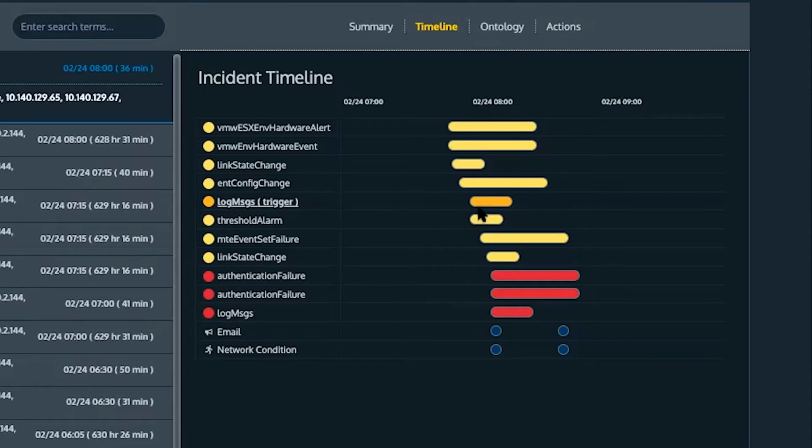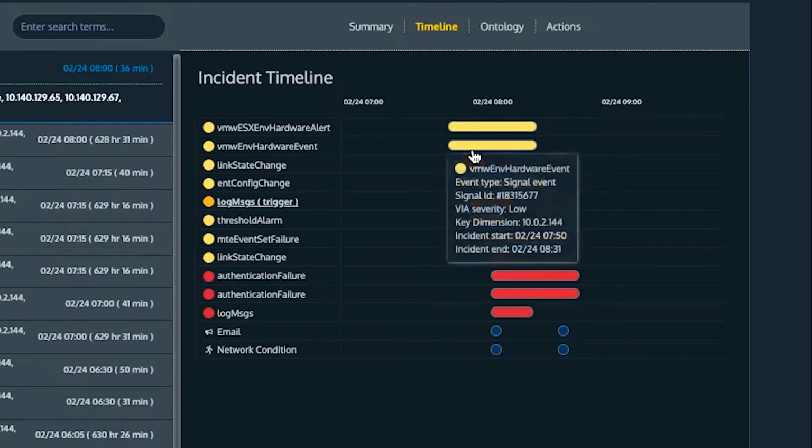We're able to look back and correlate back in time other logs or events that might have been involved with this trigger incident, as well as look forward in time and correlate those that happened after. We also see that there were authentication failures that moved this severity to an outage. And at that point, we started to take action. Emails were sent to notify of what was happening, and we took automated actions that eventually closed and resolved the